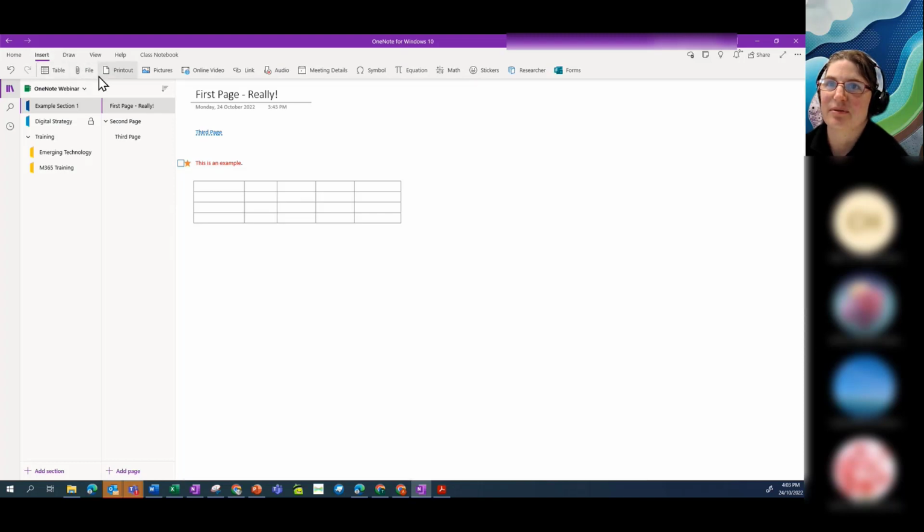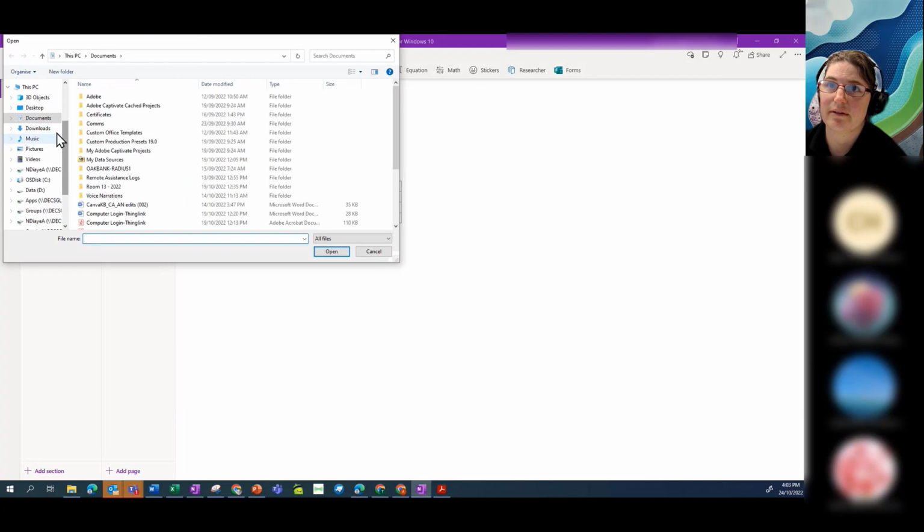In the Insert tab as well, we've got the ability to attach a file. This will embed a copy of the file so that whenever you open it up, you can click on that file and the file actually lives within the OneNote. So there's another option, and that's print out, which gives you an image of the file and prints it like a picture. So if I go print out,